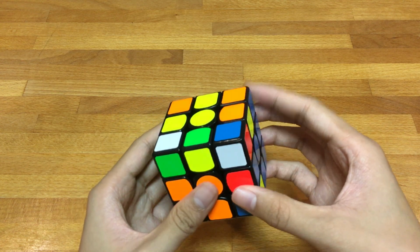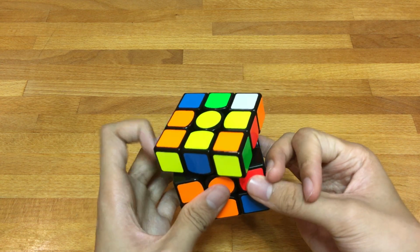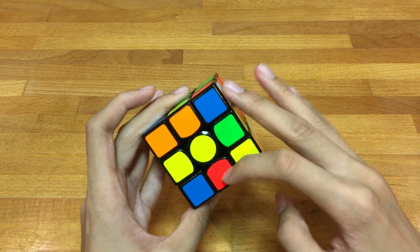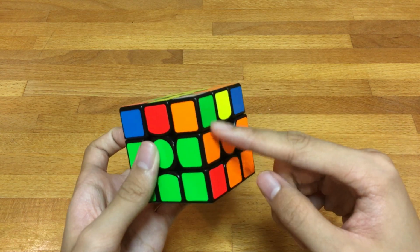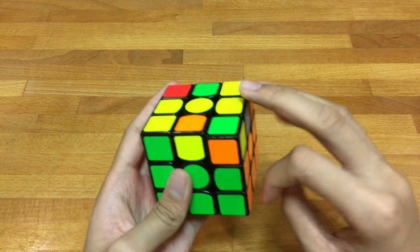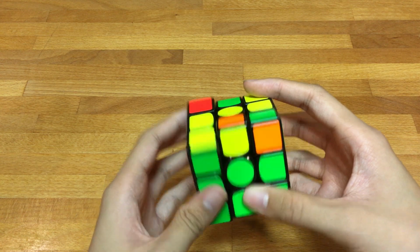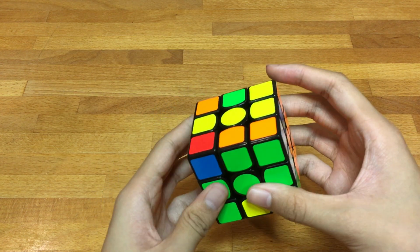Now I'm going to put down 1 time like this, and then 2 times U2, and then R like this to make the opposite side, so now you can grab it down. Now on this case we just do like this to insert it. Now on this OLL case you just do L, F prime, L prime,